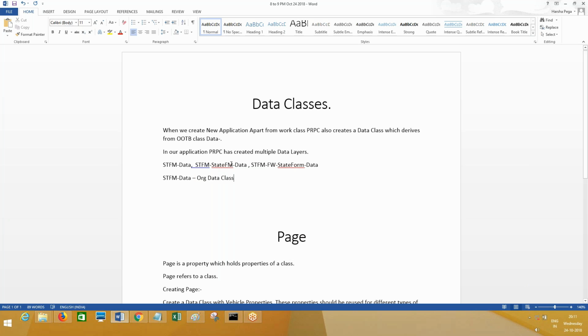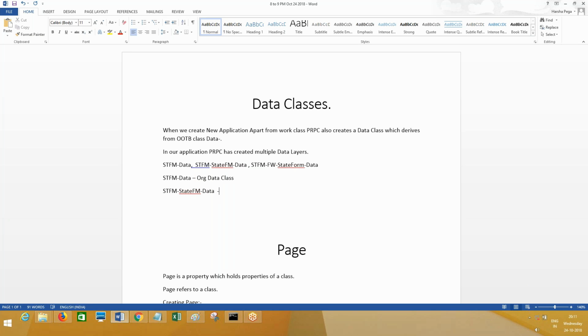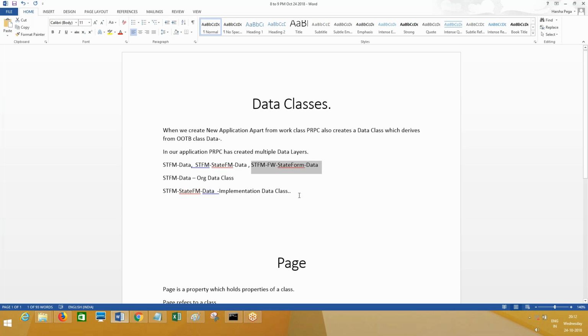This one is called the implementation data class. And this is the framework data class.